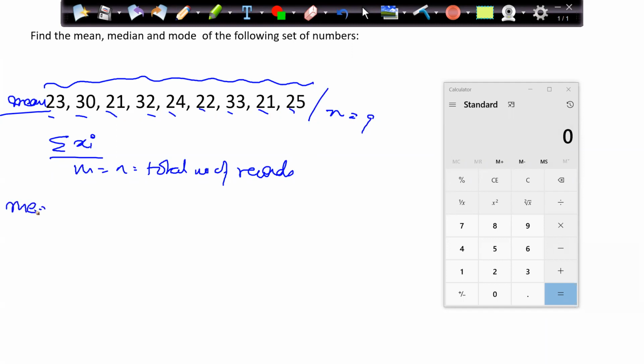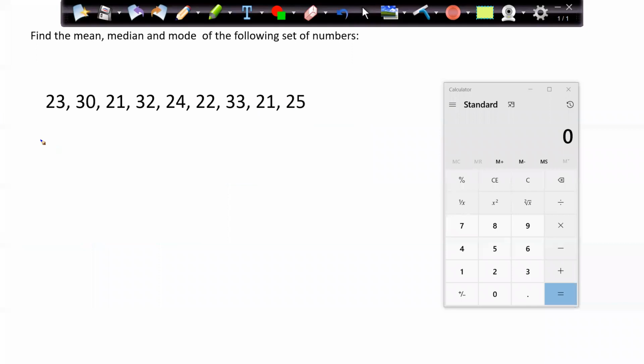Then we have median. When you want to calculate a median, first of all we have to make our data sorted, either in ascending order or descending order, right? So we have to sort this data first, and then find the median. Median is nothing but the middle number of my data set. All these things we already discussed in our data visualization sessions as well, but it's better to have these things going in our mind again and again, because we are going to use this a lot.